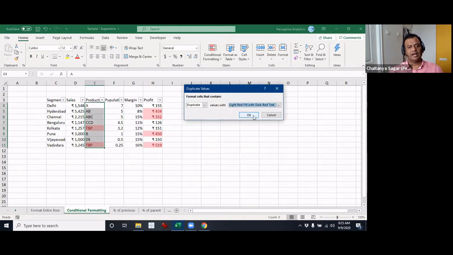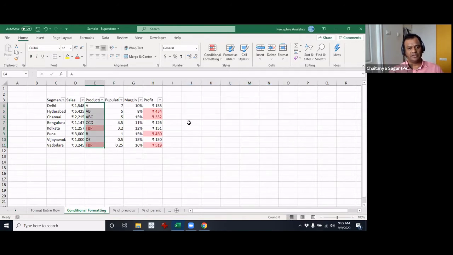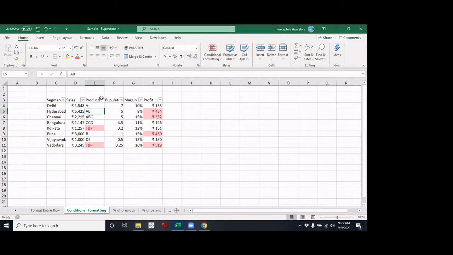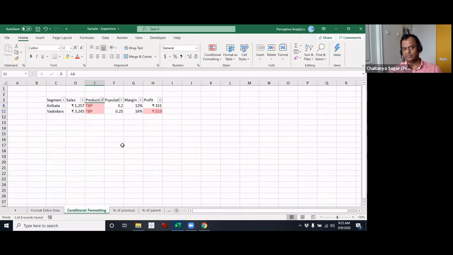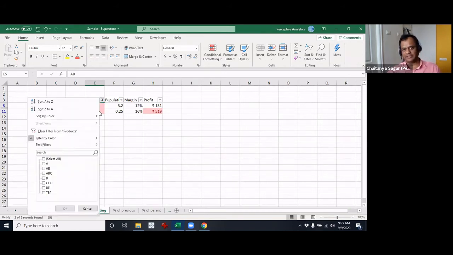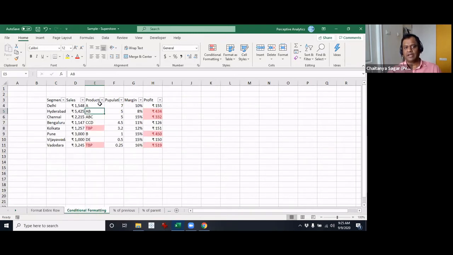So what I was telling you was that the filter option, this is out of conditional formatting, but the filter option has a way for you to filter by color. You can use this option if you would like to filter all of them with that specific color. Maybe you might want to check what kind of values have come in, etc. But I think there is more interesting stuff than that.